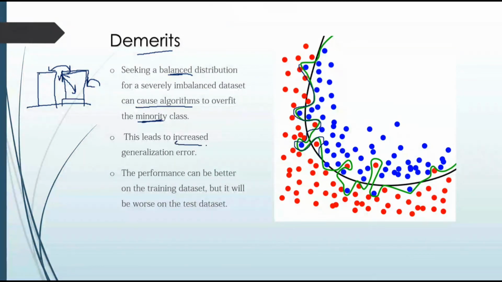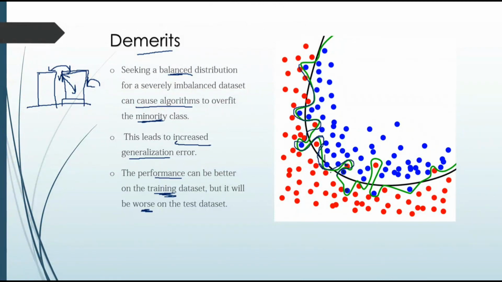This will lead to increased generalization error. As it will lead to overfitting, the performance of our model will be better on the training dataset, but it will perform worse on the testing dataset. As our model has learned all these data points, it has overfitted these data points. It means it has learned that this point is red, this point is blue only, this point is also blue.